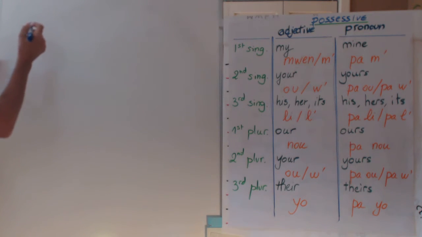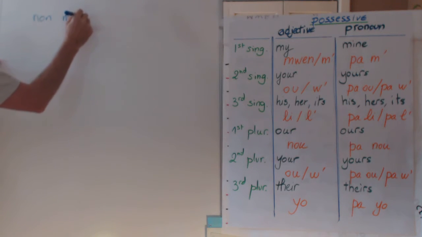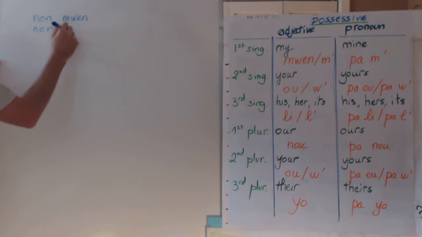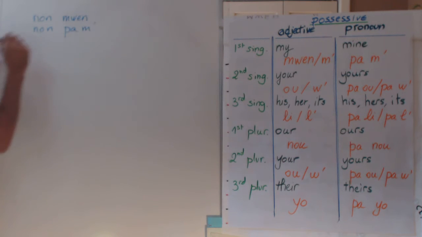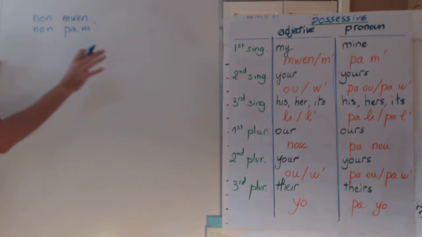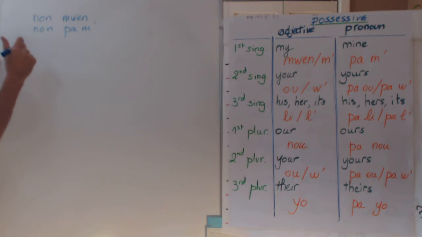my name, c'est non moi, or non pam. Same thing. And we saw with lesson 7 that most of the time we use pa to put the emphasis on the fact that I am the owner. It belongs to me. Now, we can say, for instance,